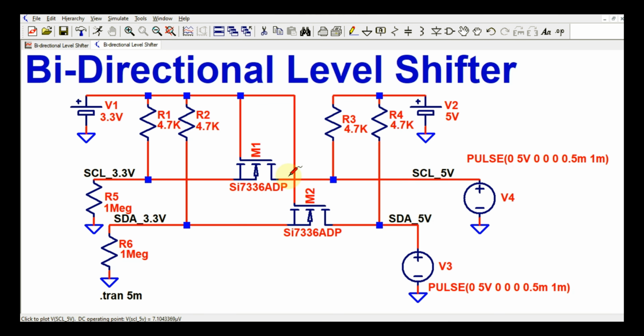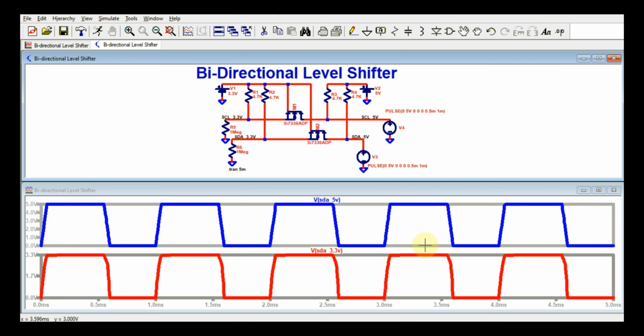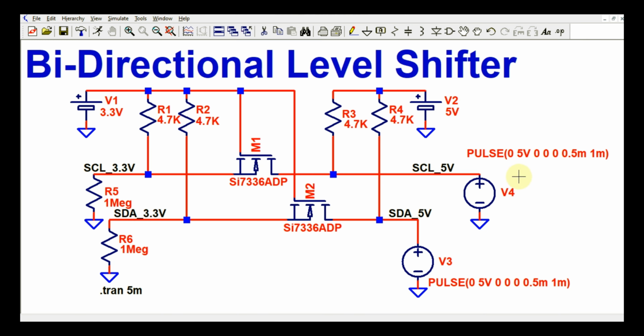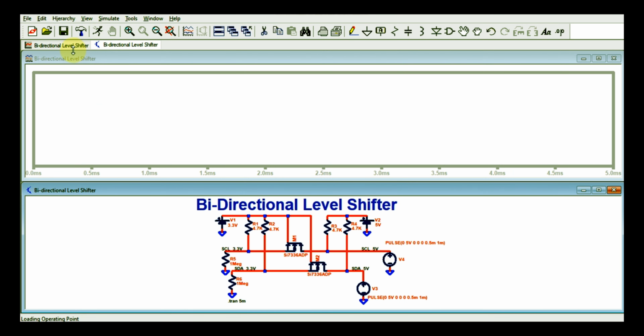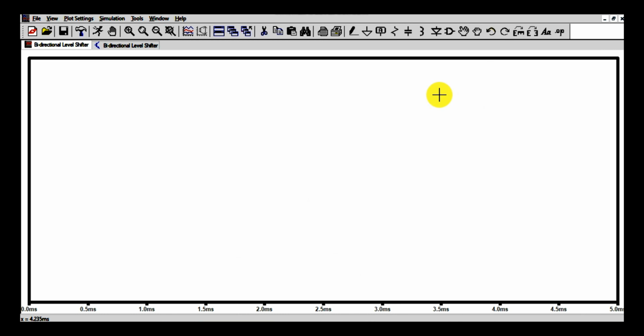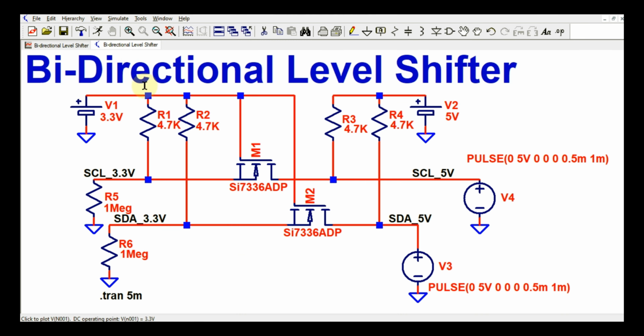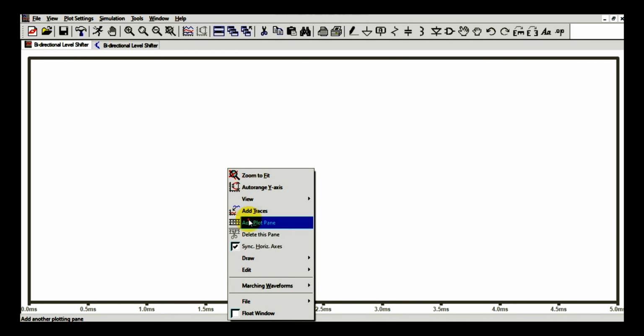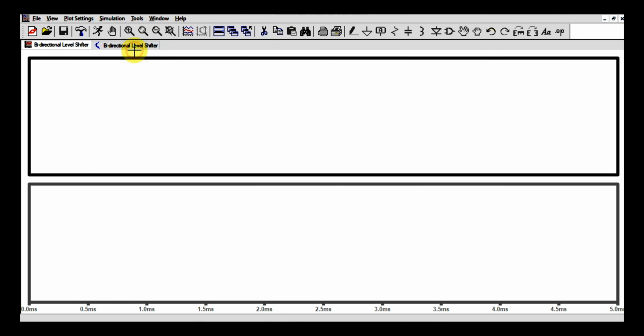Now I will show you, your input is 5 volt and how it is being converted into 3.3 volt. So just run the simulation and use the waveform window. I will divide it into two plot panes. This is for the input side.